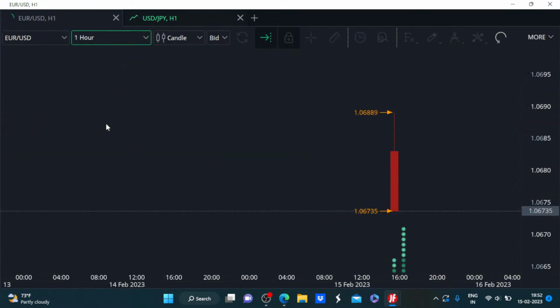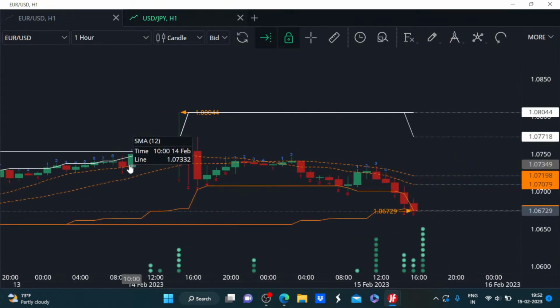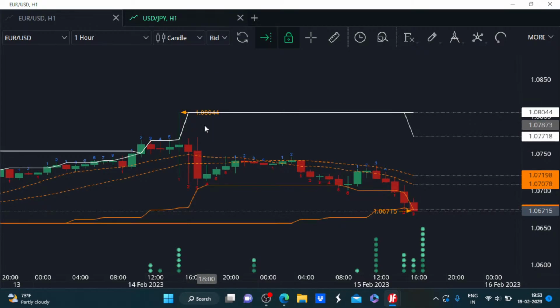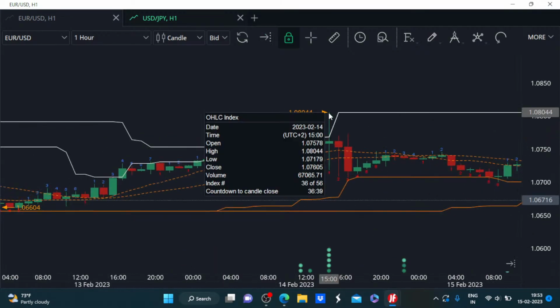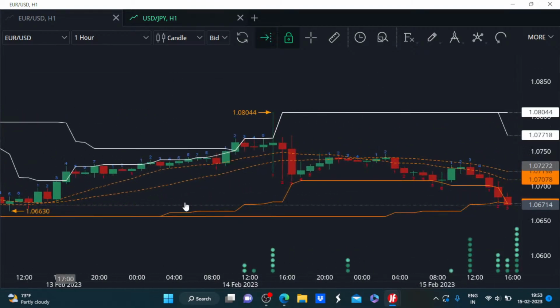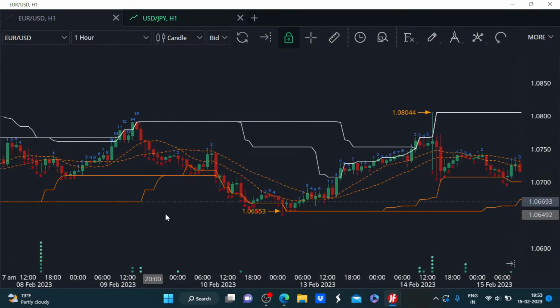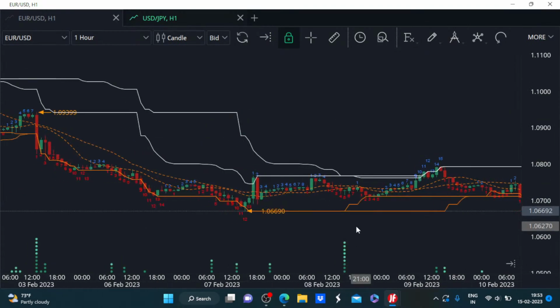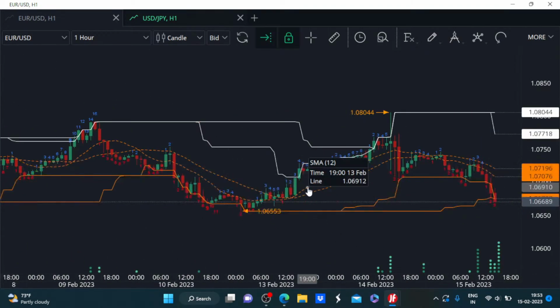Now revert back to the euro, and let's consider its hourly charting. For the euro, the chart is not much different. After the release of US CPI, we saw these volatile moves. First, the euro went on to appreciate towards 1.08, but it couldn't really sustain those levels. And here we are seeing the Euro USD almost 1 percentage point lower from the high established in the aftermath of US CPI. If we look at the price momentum for the Euro USD, it has been consolidating with a bias on the bearish side, with the formation of lower highs and lower lows.